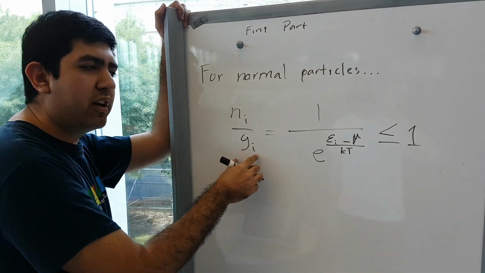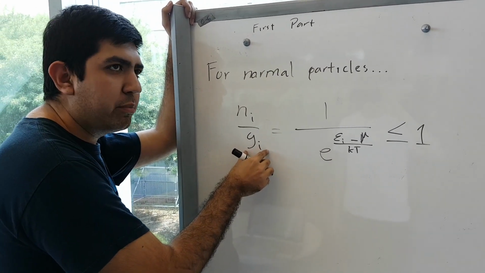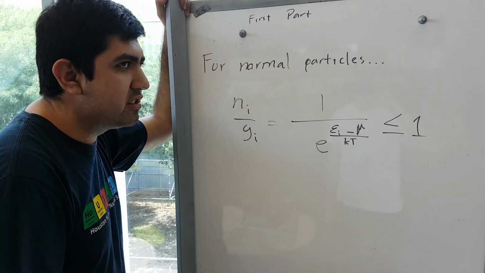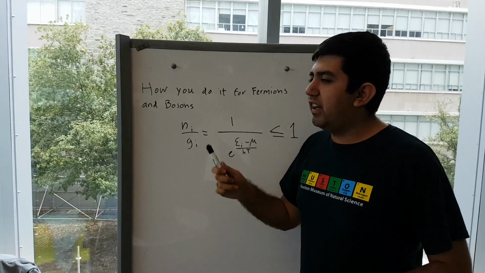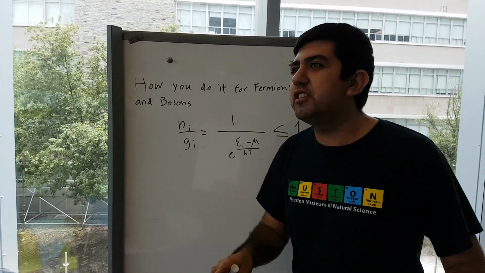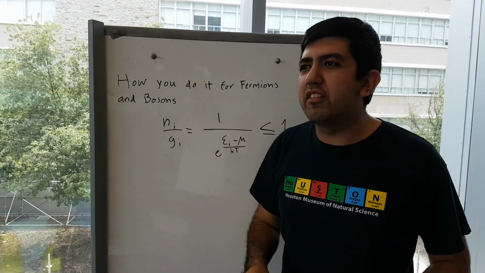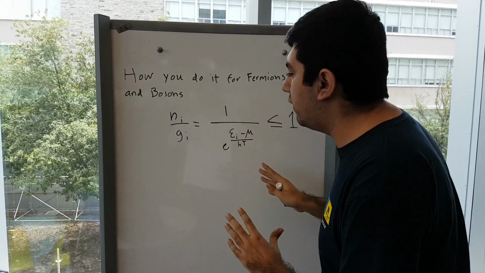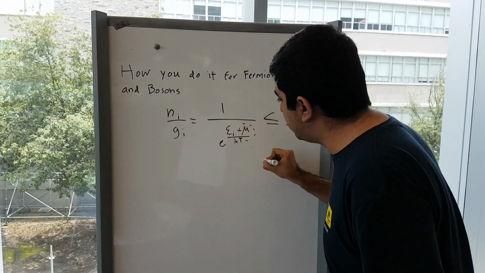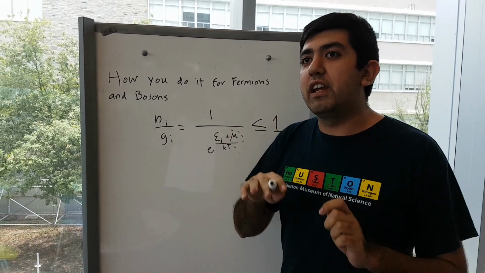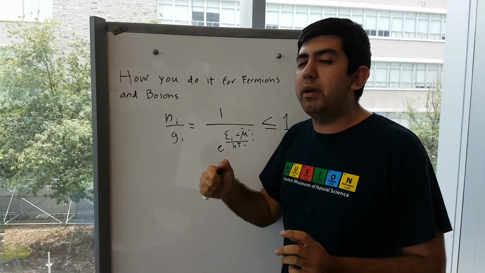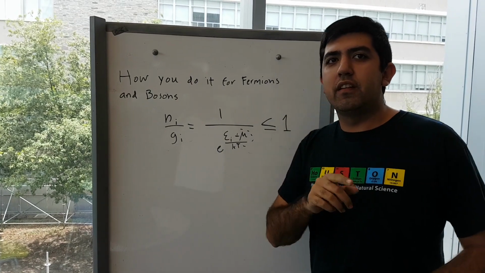Degeneracy is a little bit of a hard concept to explain. However, I'm going to do the best I can to explain it to you in the next section. For the case of fermions and bosons, however, we are confused with the levels of energy rather than saying exactly how many atoms are there. So we have to rely on a different formula. You will see that the new letter introduced right here is this little mu letter. This mu letter stands for chemical potential. And we can actually work out how to get to this formula based on the previous distribution.